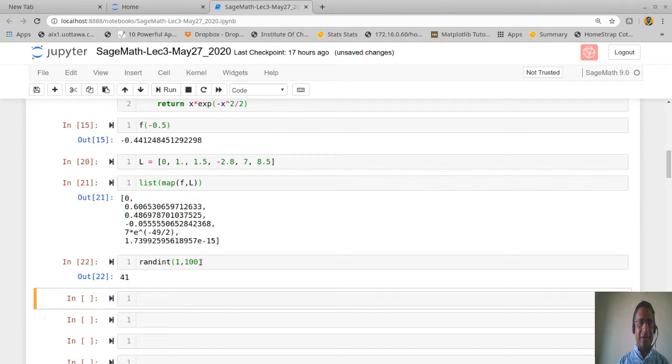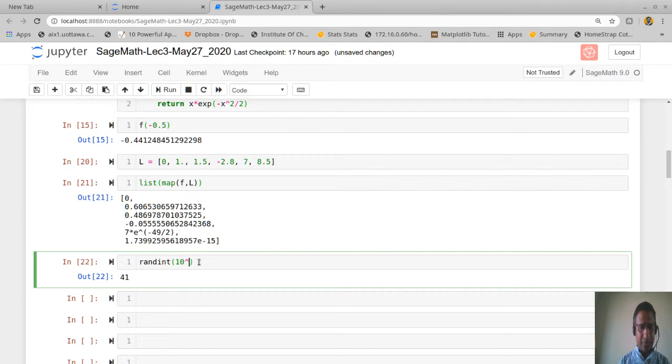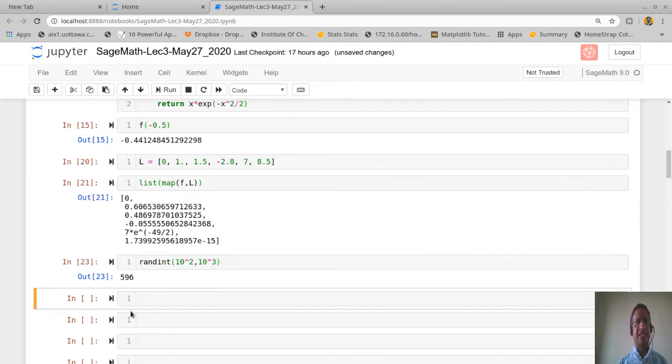So if I want to get a 10 digit number, then I can say rand int, let us say 10 to the power 9, and 10 to the power, let us say for example, 10 to the power 2 and 10 to the power 3, right? Then you can see it generates a 3 digit number. So if I want a 10 digit number, I have to say 10 to the power 9 and 10 to the power 10, right? But then last digit may not be